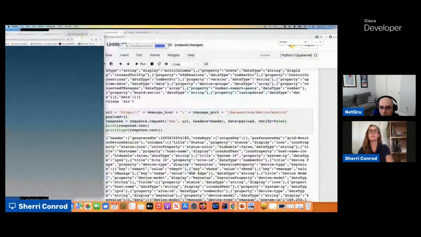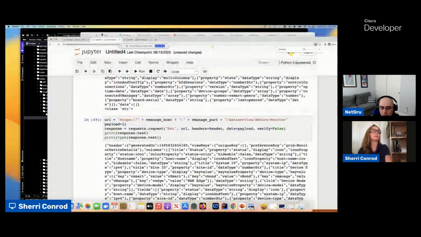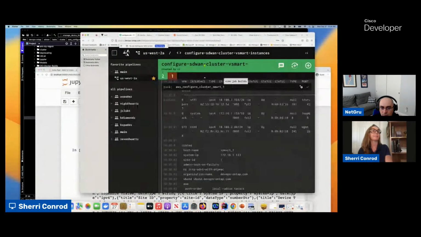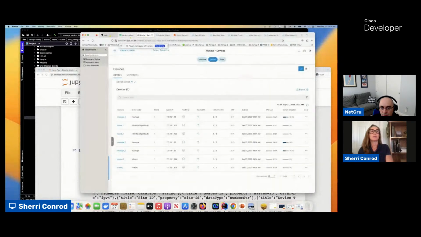Hold on. Other browser, one moment. Let me find the other browser. I think it's hiding here. Yeah. Yes. So